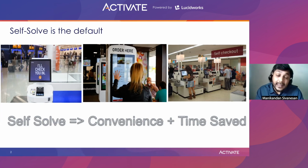This is even accelerated by the pandemic situation because governments are enforcing rules for the businesses to minimize the human touch points. Customers, when they are using your digital product or service, when they have a question about your product, they really don't want to wait in line or on the phone for the businesses to provide answers. They default to rely on your sites for FAQs, knowledge base, or community forums, mobile apps, and virtual assistants to